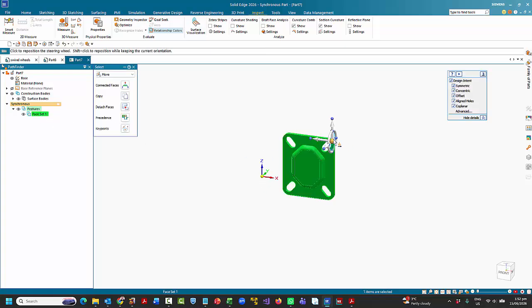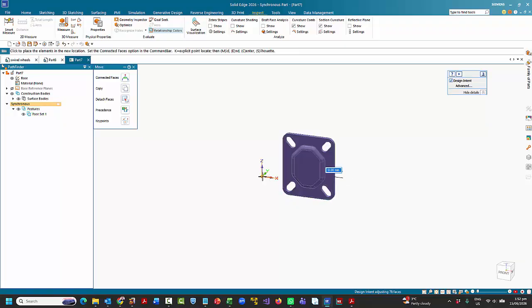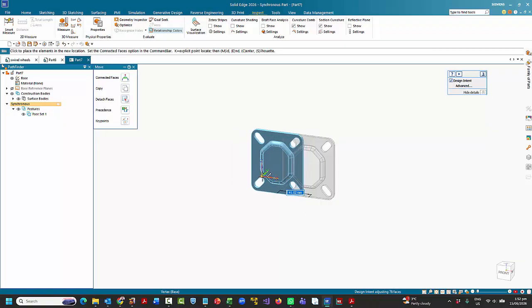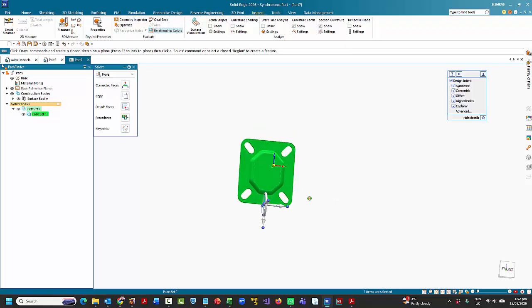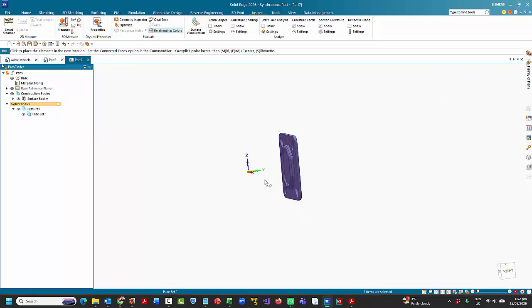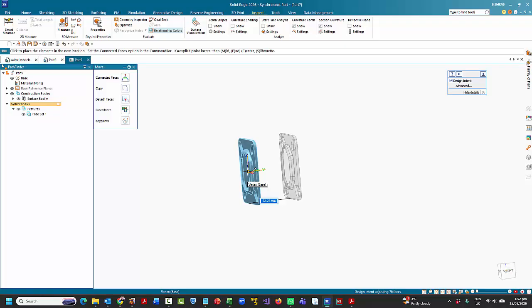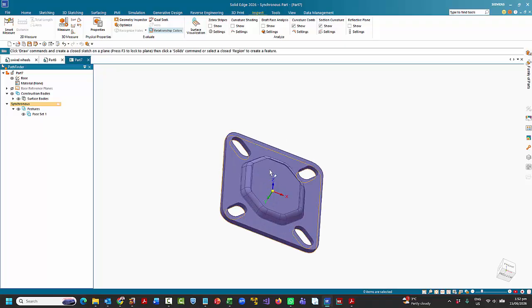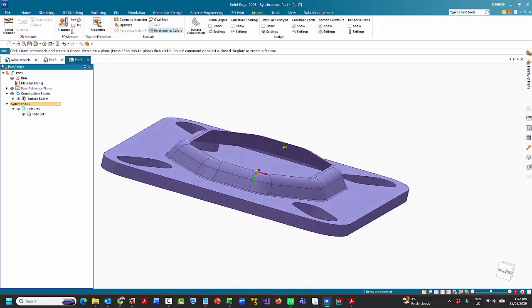So I can then reposition this up. Like I did before, I can go to the midpoint to adjust it in this direction. I can then move the steering wheel by grabbing hold of that central control knob in here, the midpoint, and I can drag that across. And obviously we can bring it back to this point as well, and then we've got a nice symmetric part. As you can see, it's still come through as a surface,